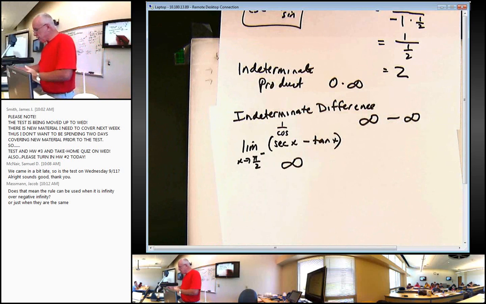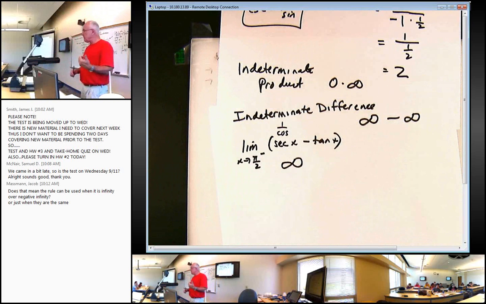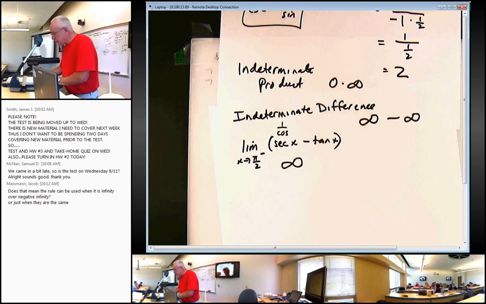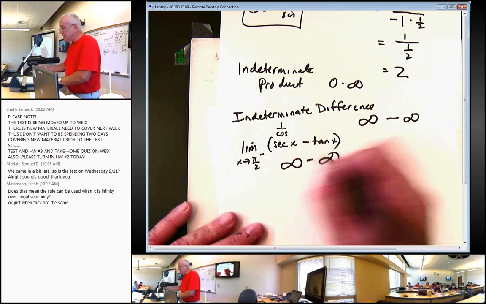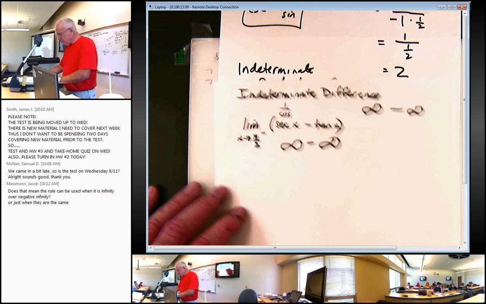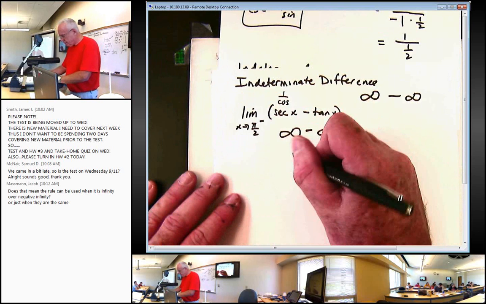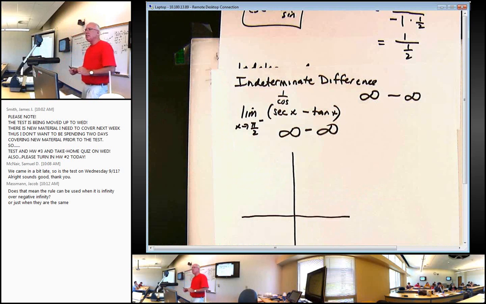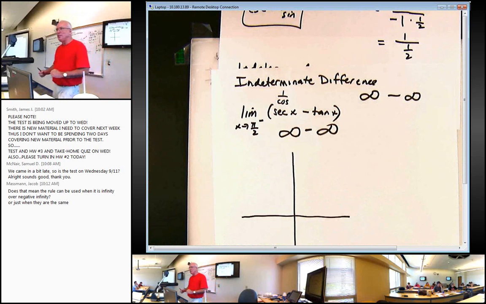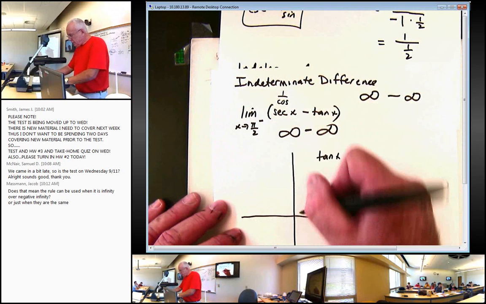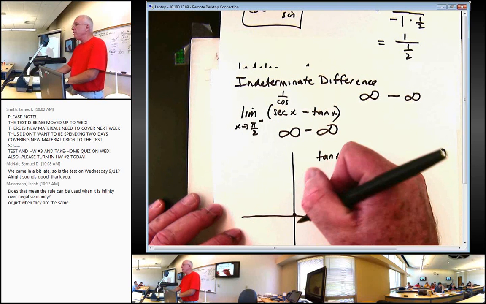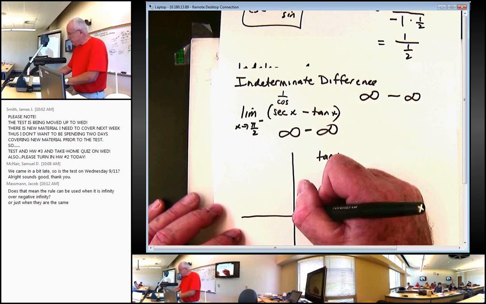The tangent of pi, and we've just gone over that as we approach pi over 2 from the minus side, the limit is infinity. And we have a minus in between. Let's just look at how this tangent function graphs here. Tangent of x. Of course, at 0 radians, it's 0. It goes up,